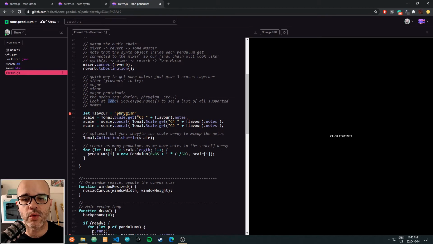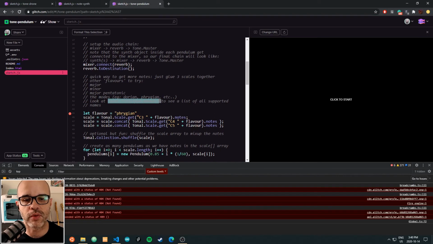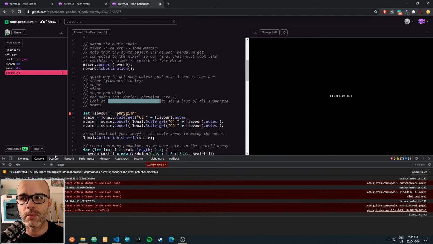Now, if you're curious what all the scales that are available are, you could look at this function here from the tonal library. There's a module called ScaleType, and the names function just returns a long list of all the different scales. An easy way to take a look at this is to just open up your developer tools console. Remember in p5.js, the console,